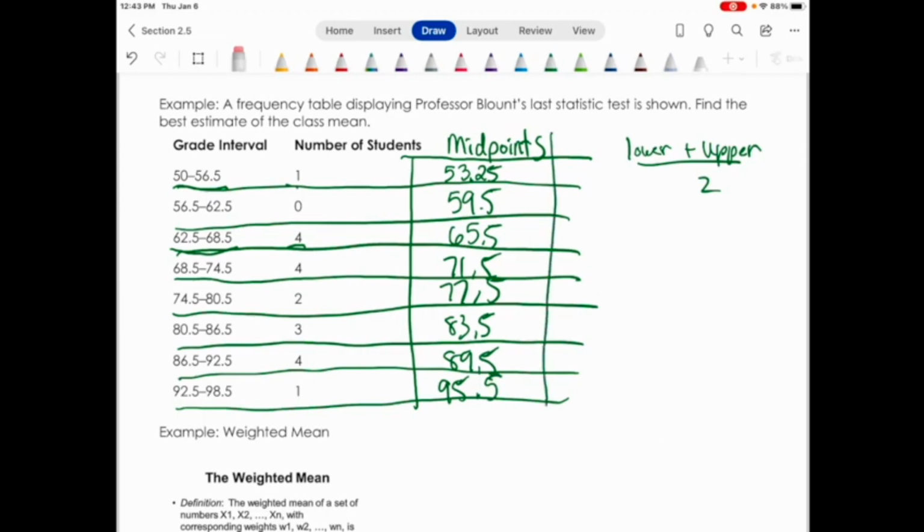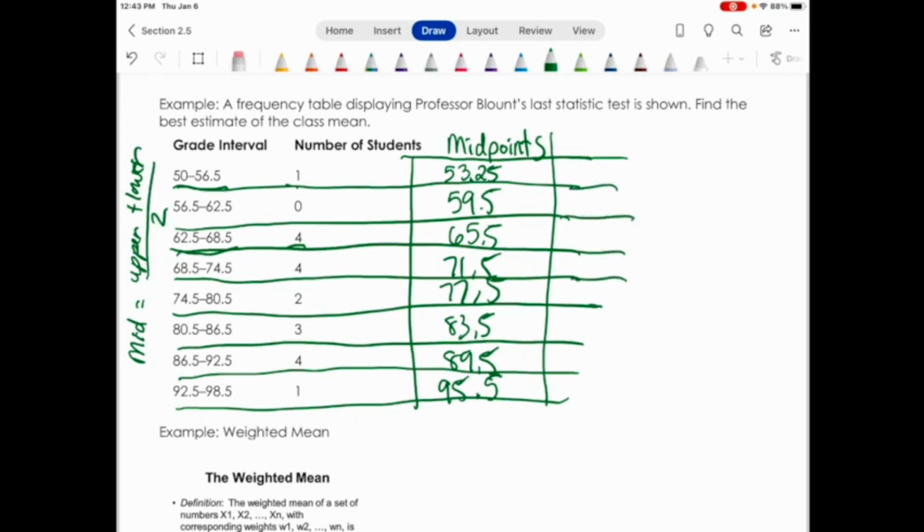Then what we're going to do, actually, I need to erase this so I have more room. Let me put that somewhere else. I'll put it over here. The midpoint is the upper plus the lower divided by 2. Okay, now what we're going to do is take each of these midpoints and multiply by the